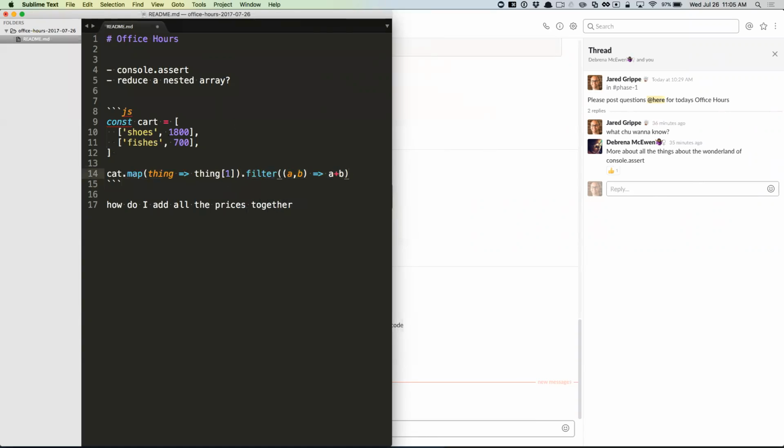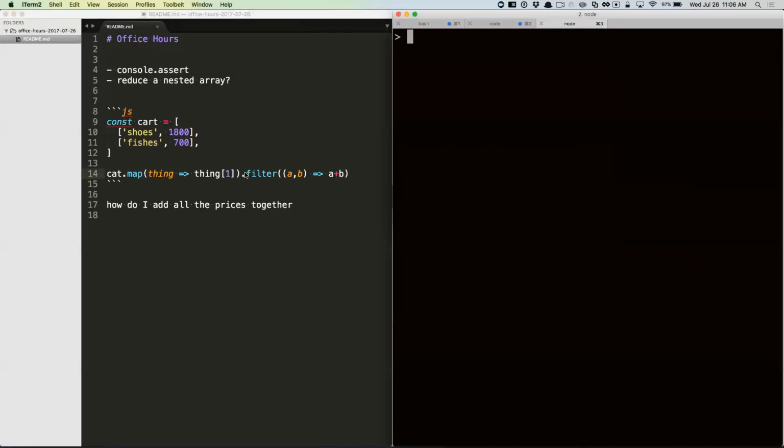And filter has this thing where the first time it calls your callback, if you don't give it a starting value, A and B are the first two things. Then the next time it goes through, it's the previous result plus the third thing, and then the previous result plus the fourth thing, and so on. So it'll just do that. Right? So if we have 1, 2, 3, 4, and we say filter A comma B, console.log A and B, and then return A plus B, you'll see that it's